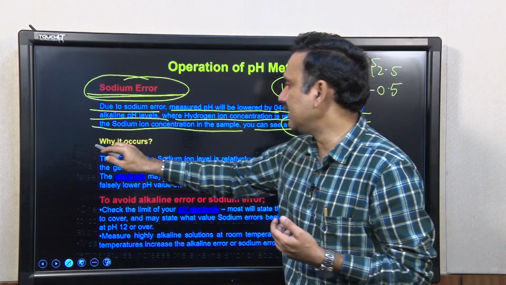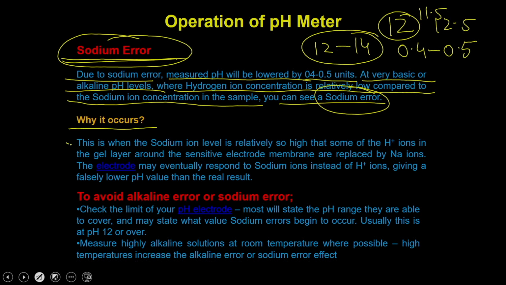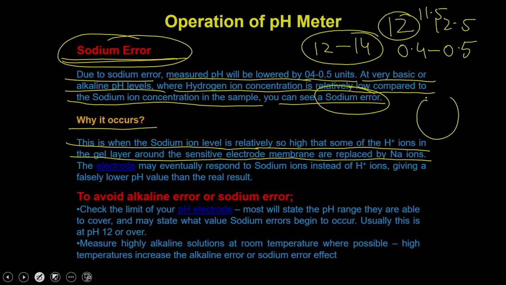Why does it actually cause this in the solution? It happens because the sodium level is relatively so high that the H+ ions in the gel layer around the sensitive electrode membrane are replaced by the sodium ions. You have a pH probe, and this membrane is only supposed to allow the H+ ion, but because you have such a high level of sodium in the solution,